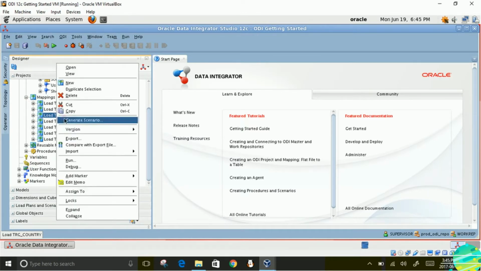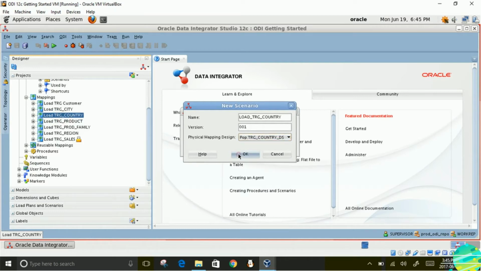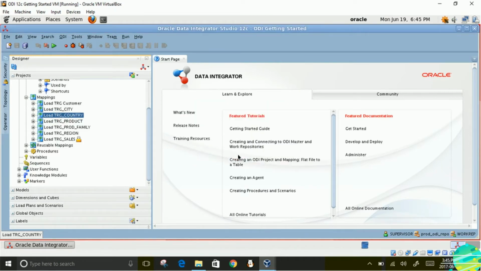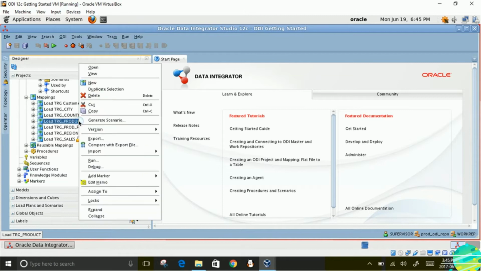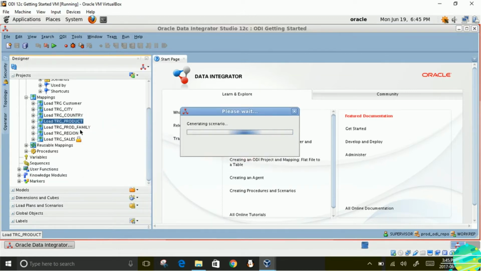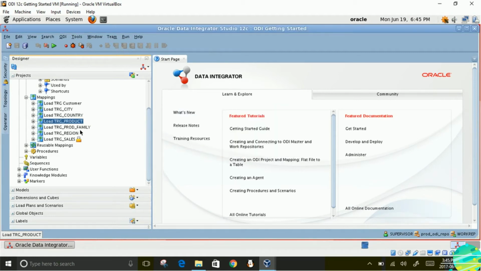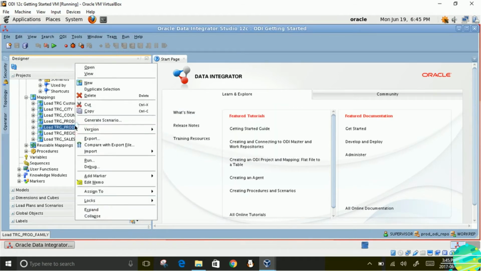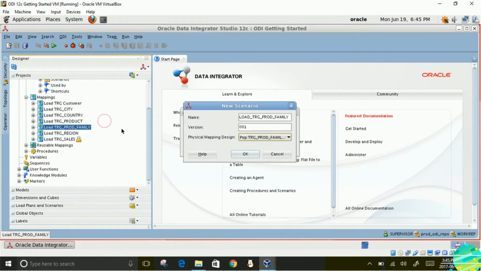The same thing for TIG country and TIG product. Likewise, do the same thing for TIG product family.